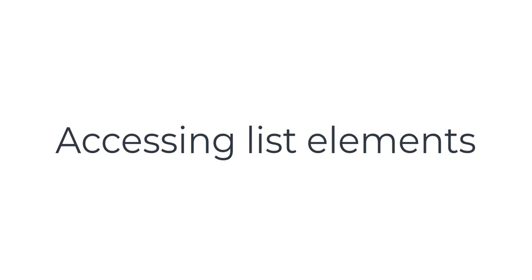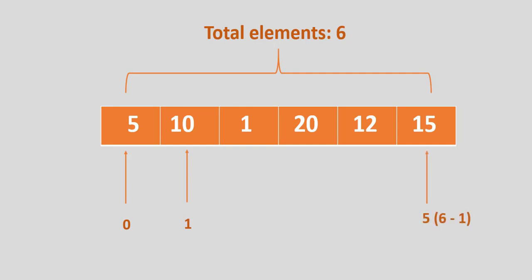Quite often, you will need to access an individual list element. You can do it by using numerical indexes. List elements are indexed and index begins at 0. So the first element is at index 0, second is at index 1 and so on. So the nth list element will be at index n-1. Note that the 0 indexing begins from left to right and the last list element will have an index equal to the total number of list elements minus 1.